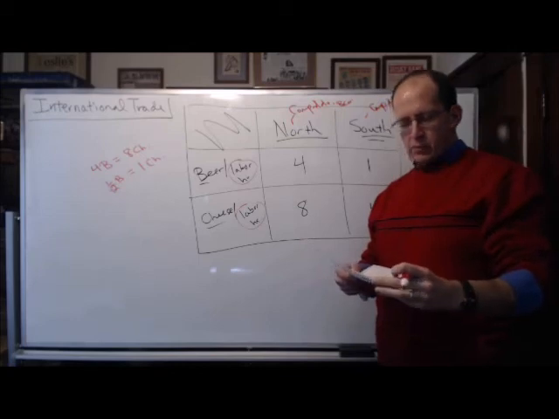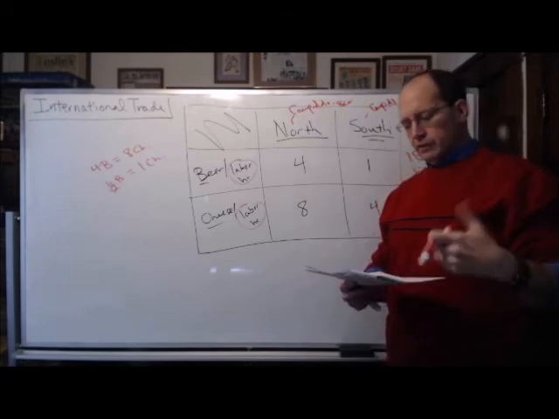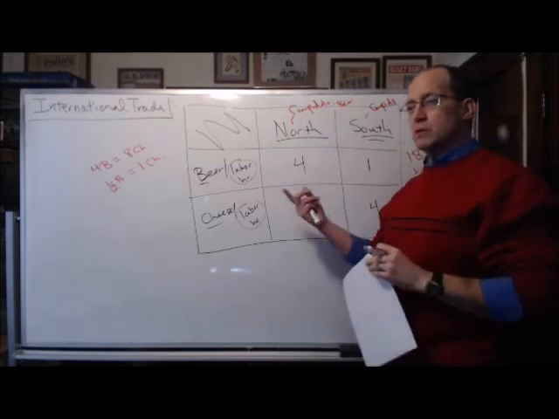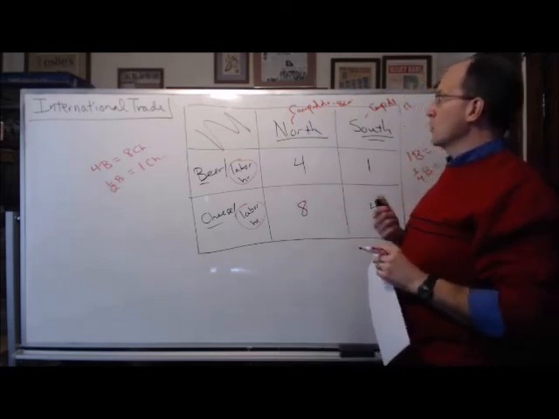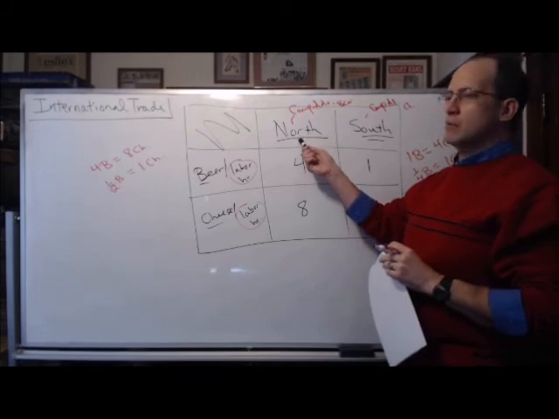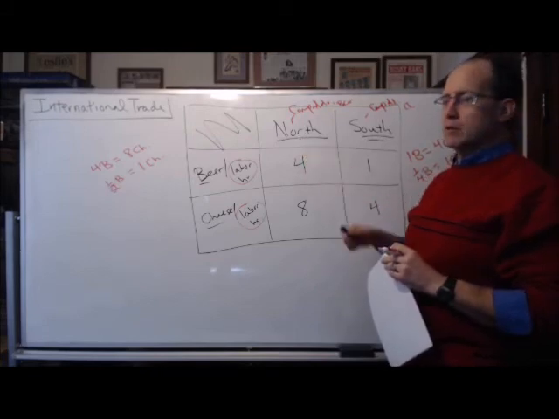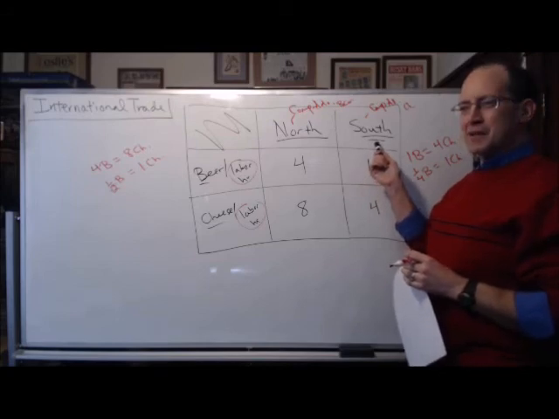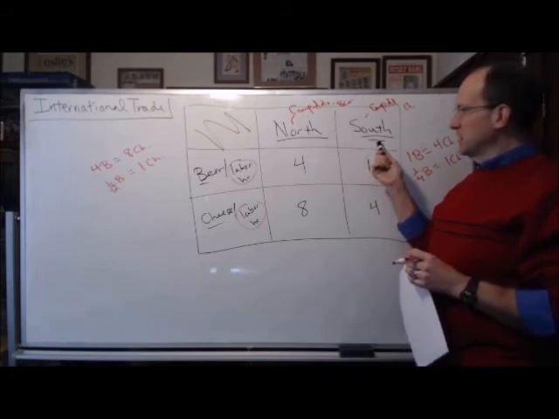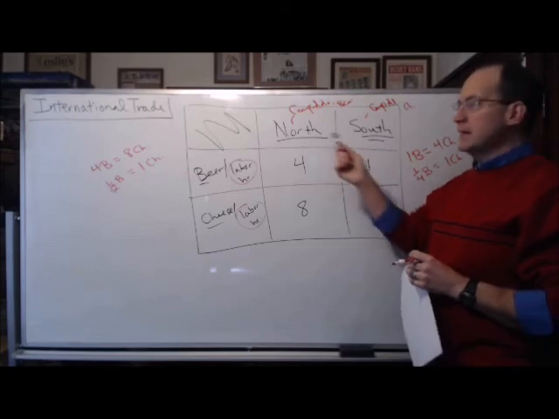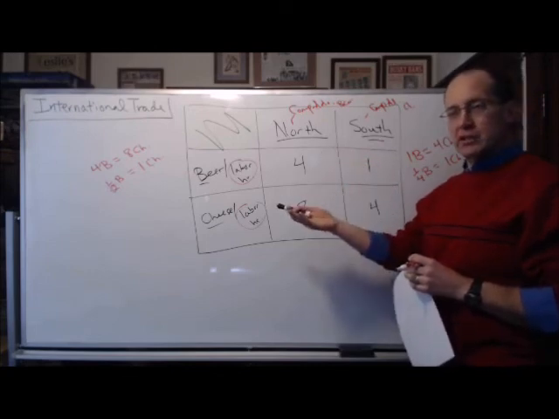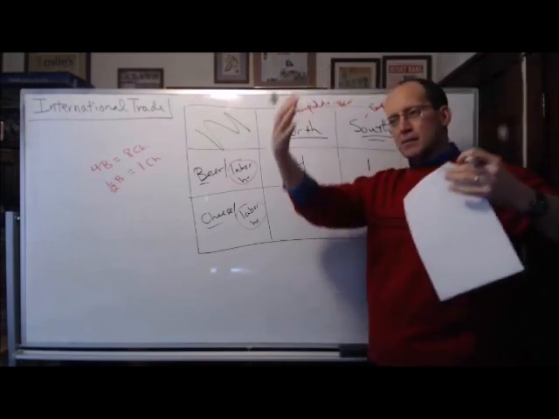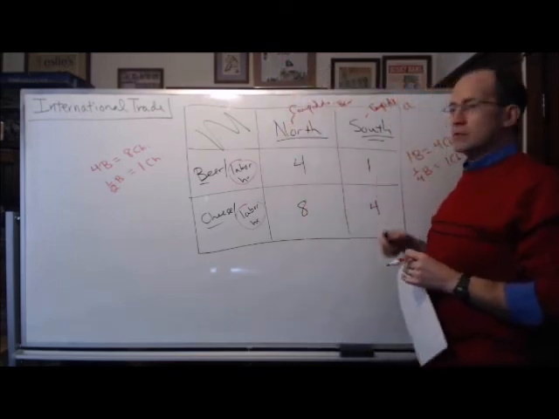The key is you can't use the resources both places at the same time, so we should specialize and then have each nation trade with each other. Have the North specialize and make beer in this very simple example, and have the South specialize and make lots of queso, lots of cheese, right, and then trade with each other. And at the end, the North can have more beer and cheese than they could if they tried to just produce it themselves, with a wall around them and the lid on top and nothing in and out. And the same thing with the South.